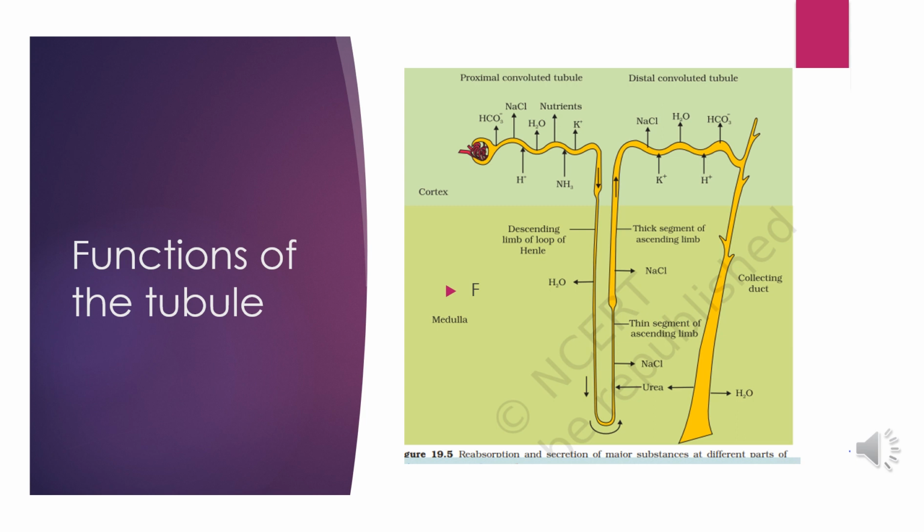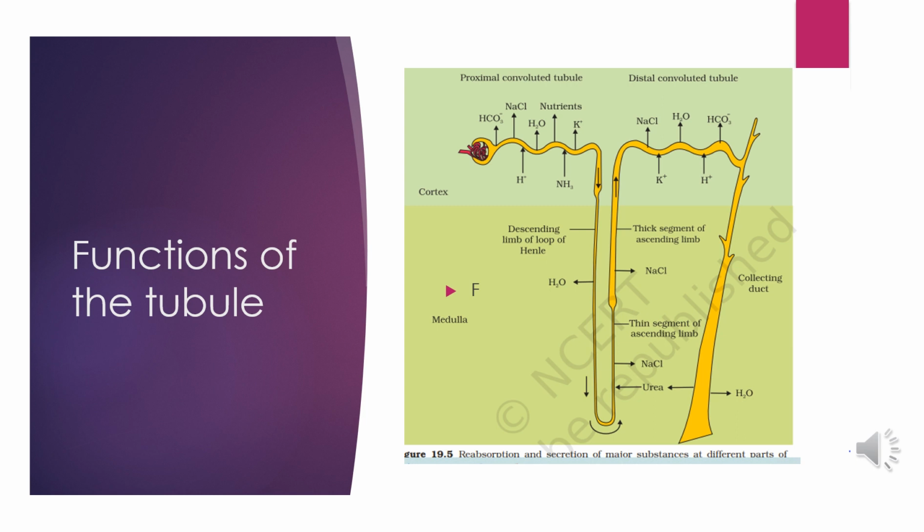Now next is the loop of Henle. You all know the hairpin-like structure that is called the loop of Henle. If you are observing the diagram, the limb which is going downwards is called the descending limb of the loop of Henle. In this part, as the filtrate flows in it, its water is reabsorbed due to increasing osmolarity of interstitial fluid. Sodium and other solutes are not reabsorbed here. The filtrate becomes hypertonic to blood plasma.